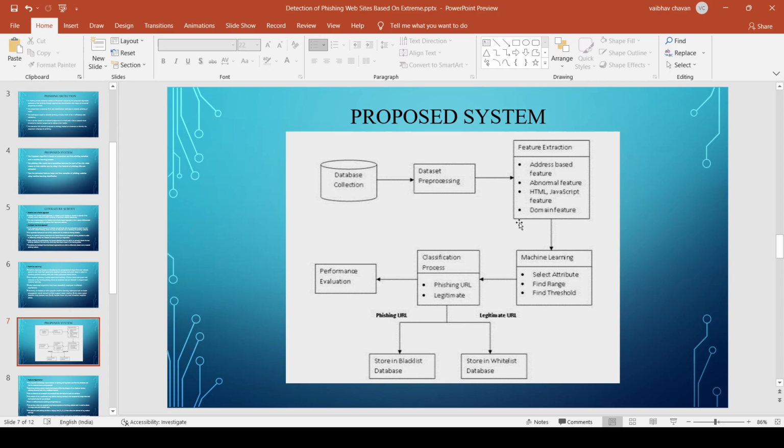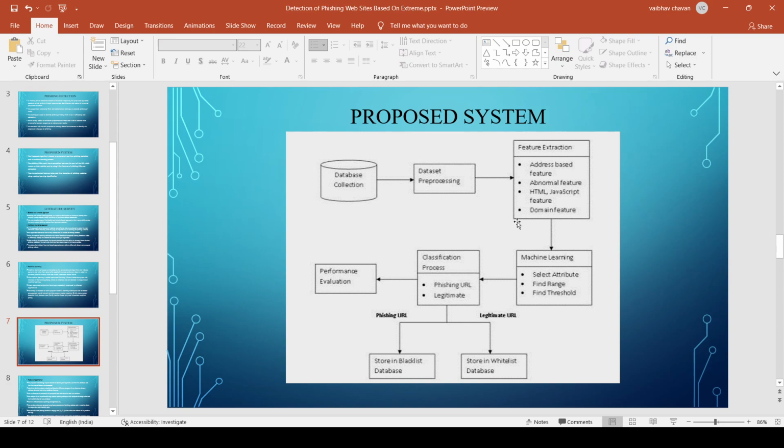Then comes feature extraction. In feature extraction, site address based features are identified, abnormal features are identified, HTML or JavaScript features are identified, and domain features are identified, such as how the domain is registered, what the extension of the domain is, and so on.